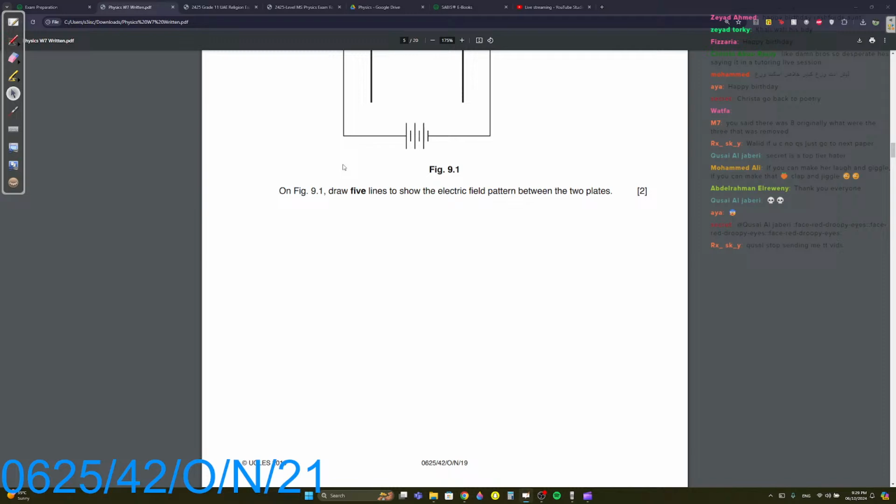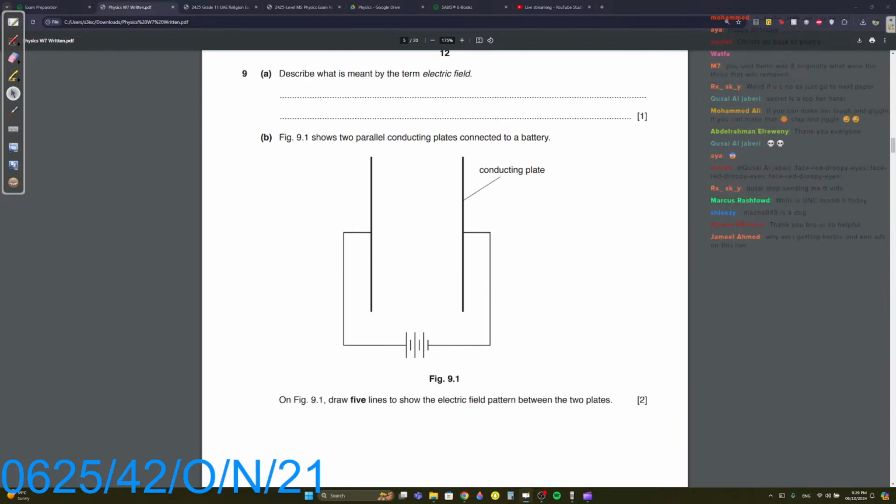Remember that the electric field is equal to force divided by the charge, right? So in other words, electric field is the region where a charge experiences